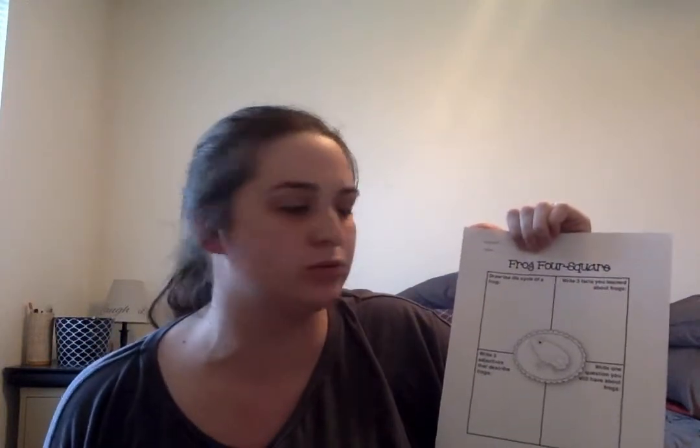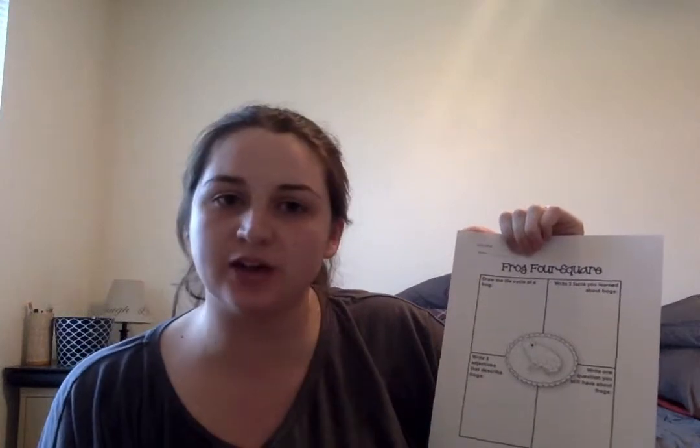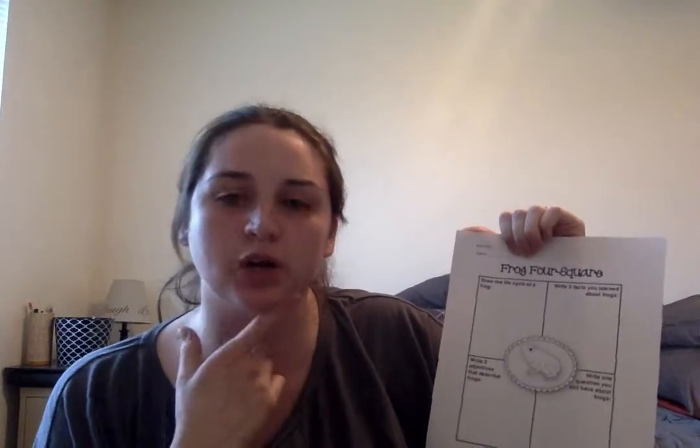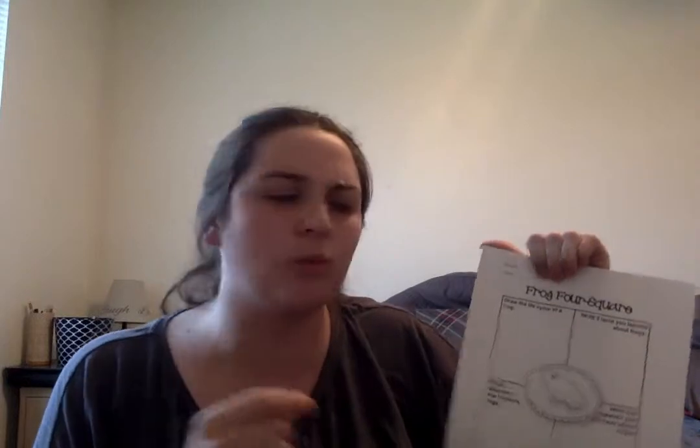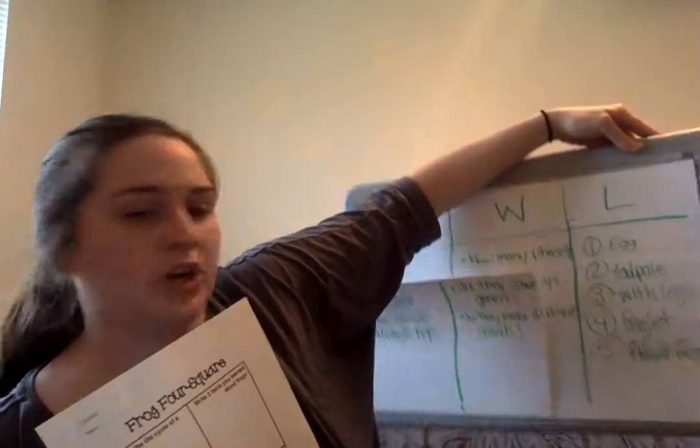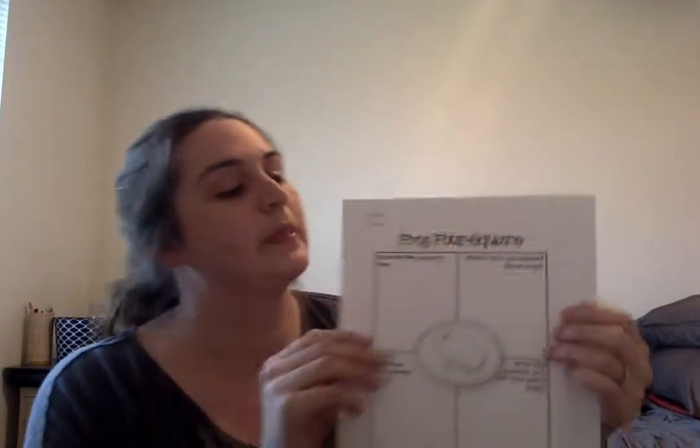Where do you think you could look to find out how to draw this on your worksheet? Where could you look? Oh, maybe you can look at the worksheet. You had some pretty good drawings on there with your group. But what about those words that we learned about the different phases? That's right. We can look at our KWL chart because Mrs. H has all of those special vocabulary words to describe the phase of the frog.